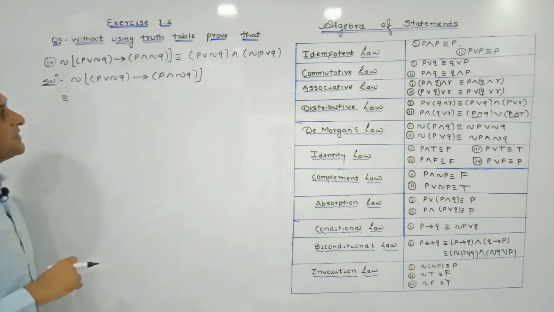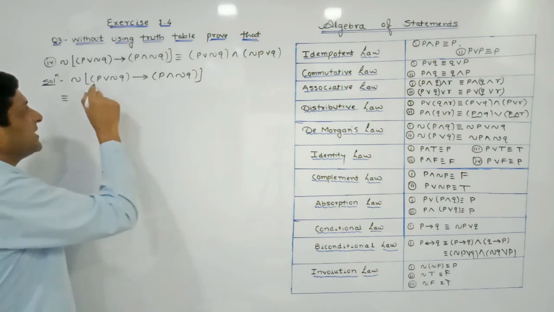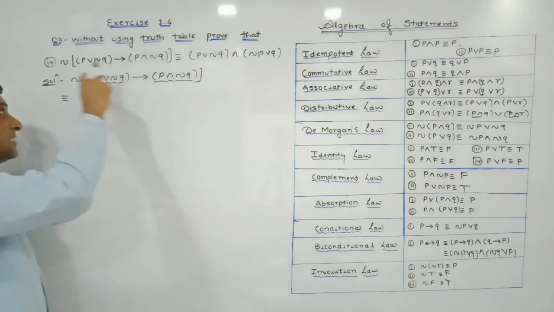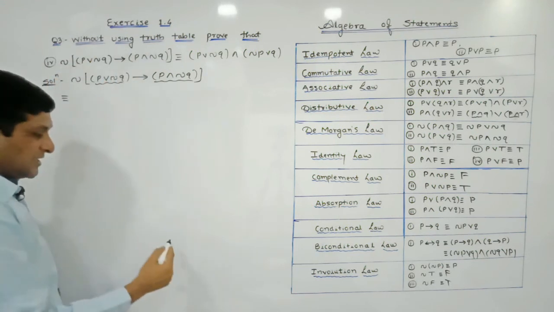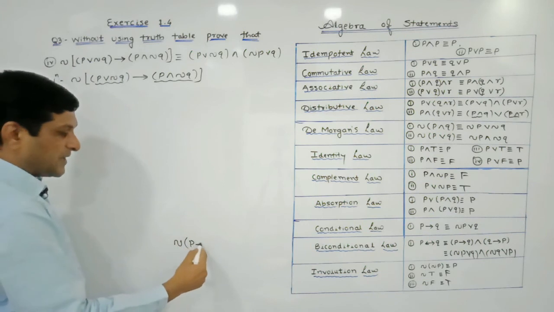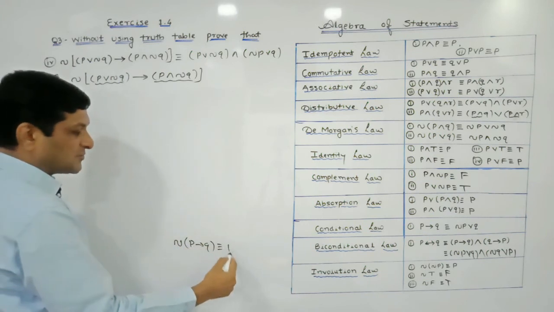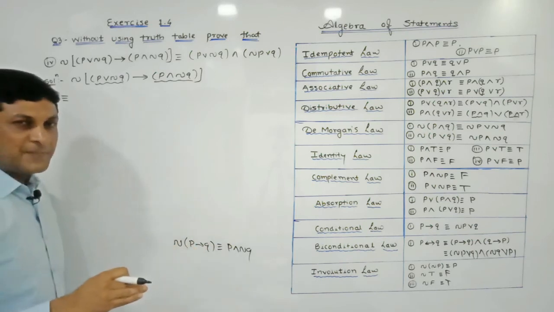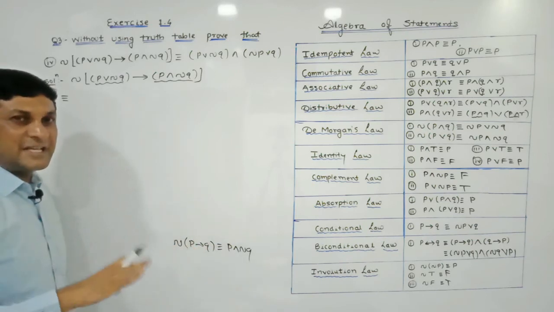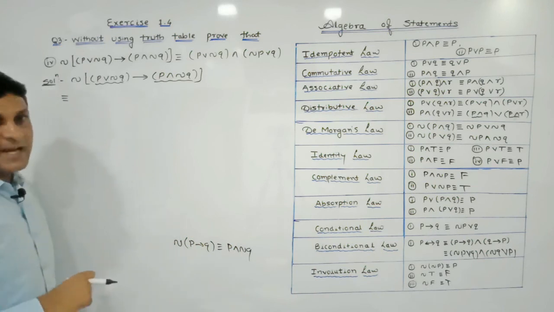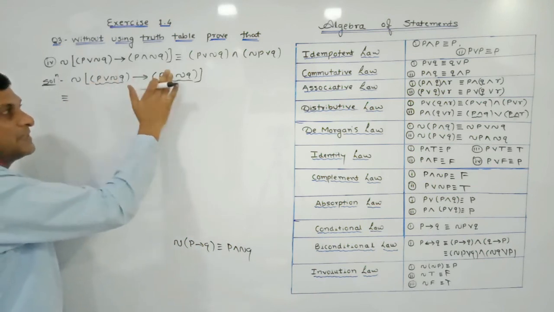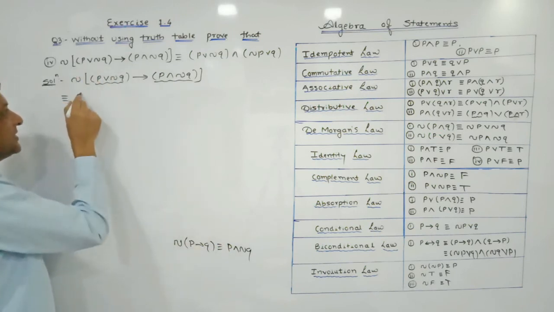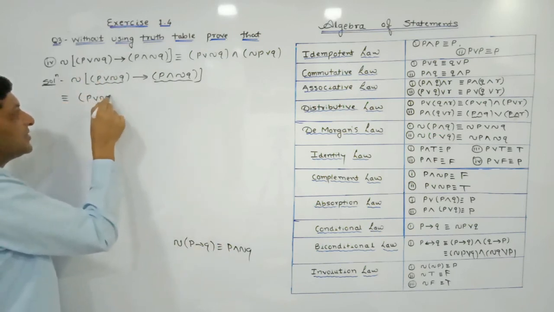Now if you observe this given statement, here two parts are connected by what? Implication, and here negation of implication is there. What have we seen? Negation of P implies Q, means negation of implication is what? P and negation Q. So this result we have already proved in negations, isn't it? Now the same result we are applying here. Consider this as P and this as Q. Negation of P implies Q is P, and P means what here? P or negation Q.